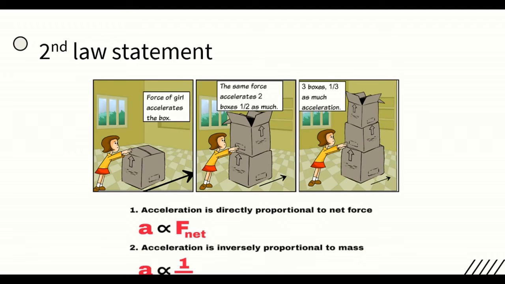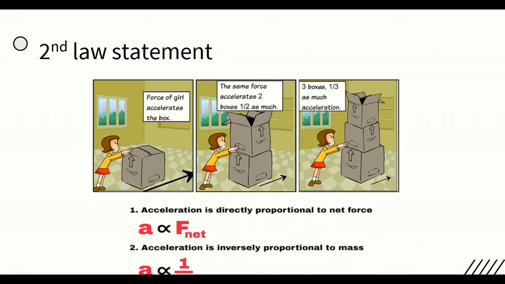Now the mass got increased. See, the acceleration, that is the movement of the object, is going to be reduced. Force remains same, but as the mass increases, acceleration of the object reduces. When it's going to be 3 times, then you were able to see furthermore the acceleration got decreased, but the force remains same, right? When it's going to come for that explanation, the acceleration of an object is going to be directly proportional to the mass of it, and it will be inversely proportional to the